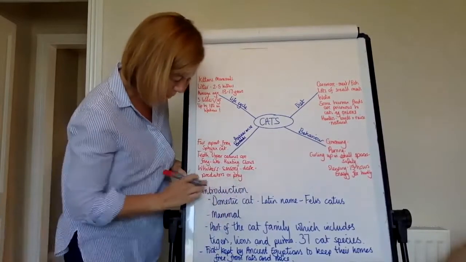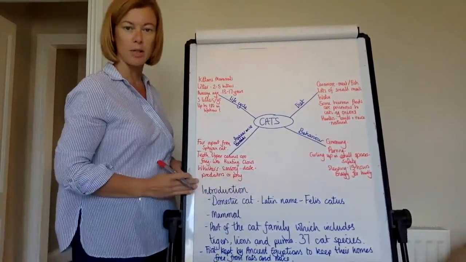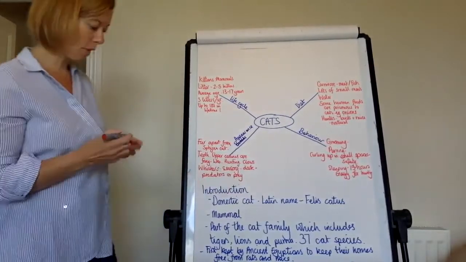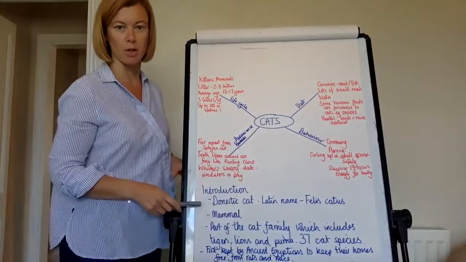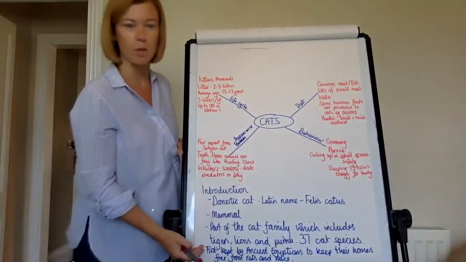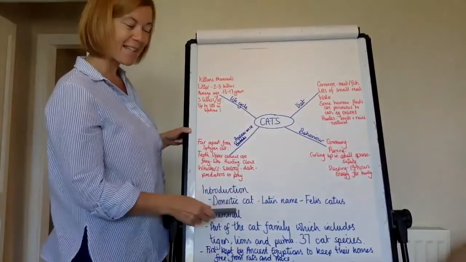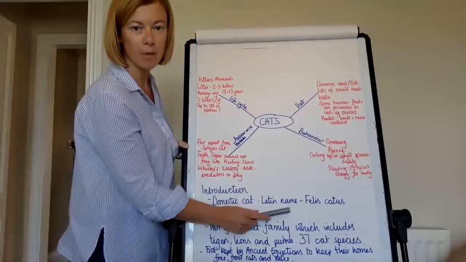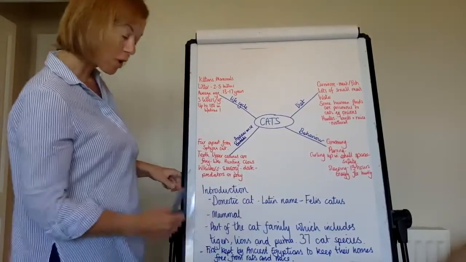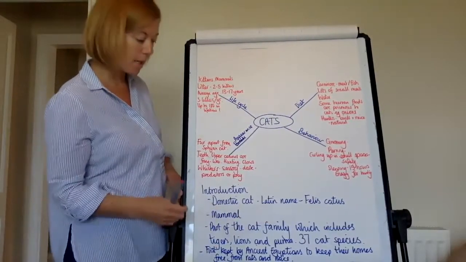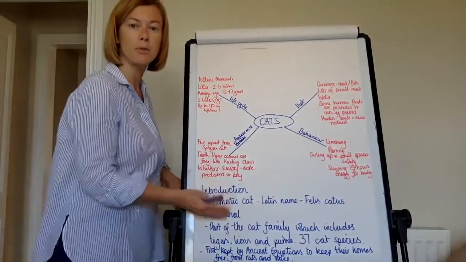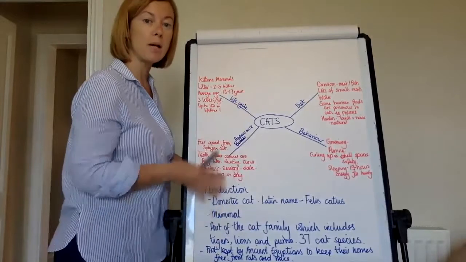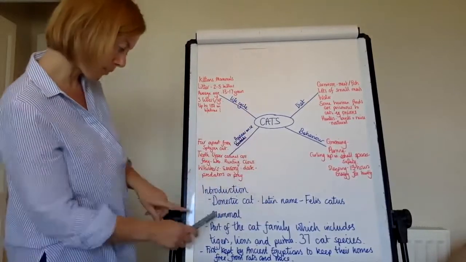So there again, I've got some technical language in there, language that is specific to cats, more scientific language as well. Let's just have a look at what I'm putting in my introduction. Make some notes underneath about that, I would suggest. So I'm saying what a cat is, and I've also researched and found out the Latin name for a cat. I'm going to put that in as well. Just like in the butterfly text we looked at yesterday. So I'm using that as a model for my plan and my information, and you can use that in the same way and use mine as a model to help you.